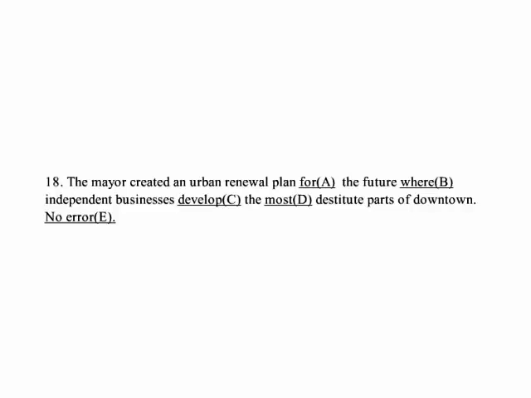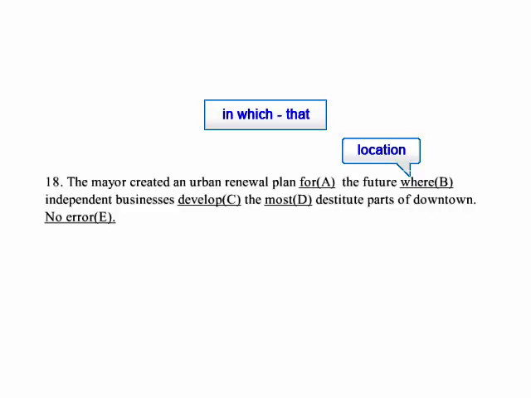The mayor created an urban renewal plan for the future where independent businesses develop the most destitute parts of downtown. Okay, they're going to really try to confuse you here because you are talking about a position in downtown. But "where" is referring to the renewal plan. "Where" is actually in reference to a location, an actual location. We don't care about the location of the plan. So this has to be a plan in which, or a plan that